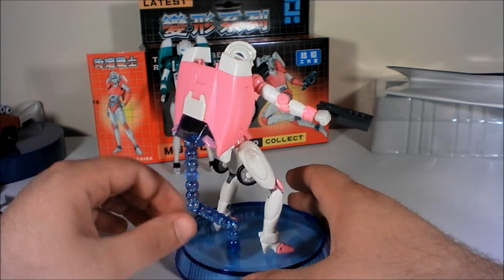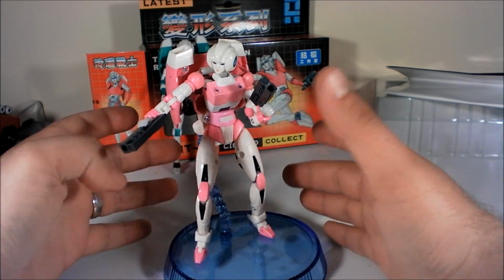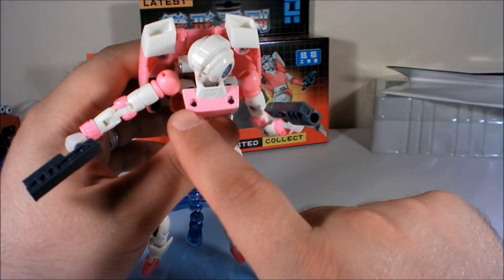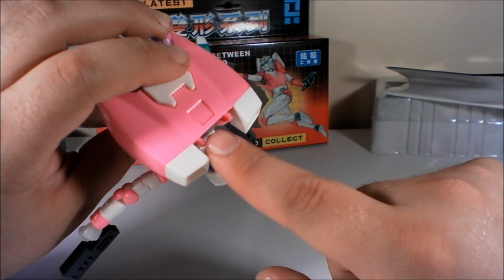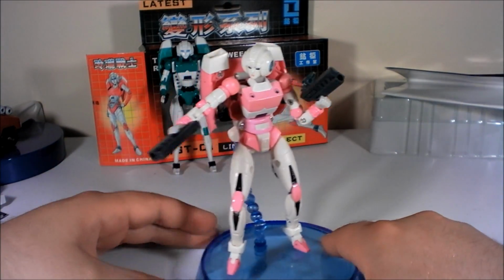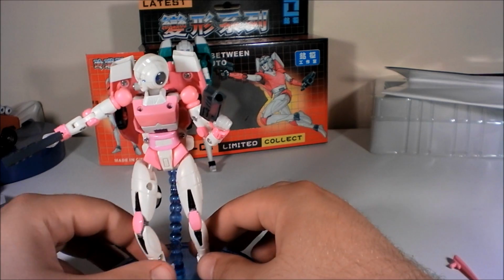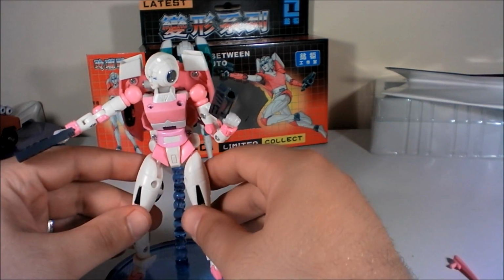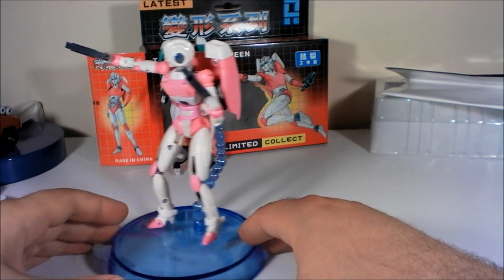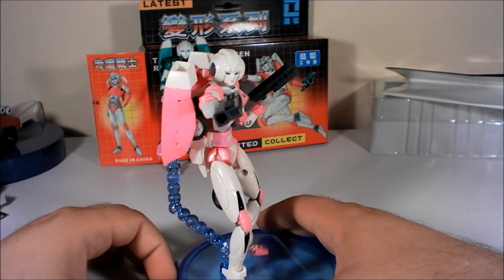The pictures of this, I think, made it look worse than it really is. It's a good accessory. Now, I think the only gripe I have about this toy is these two chest holes, and they didn't make much sense to me why they were there until I realized that it pegs this in. So, it's not a huge problem. This RC certainly has a problem plugging everything into car mode. This one doesn't, so it's a small sacrifice to make the overall alt mode look a little bit better too. But yeah, this RC is a winner, and if you have the money or are considering it, pick her up